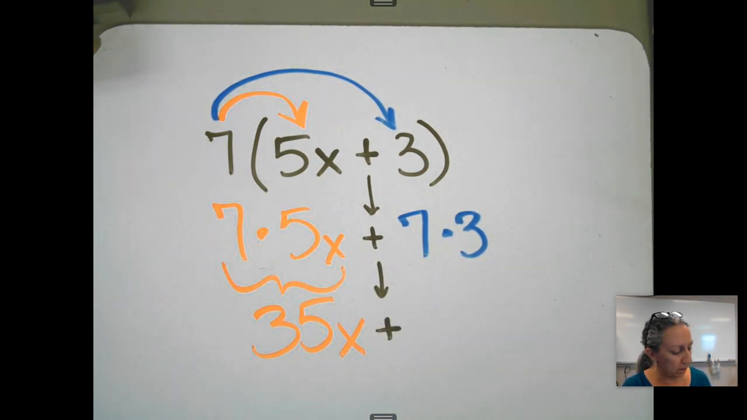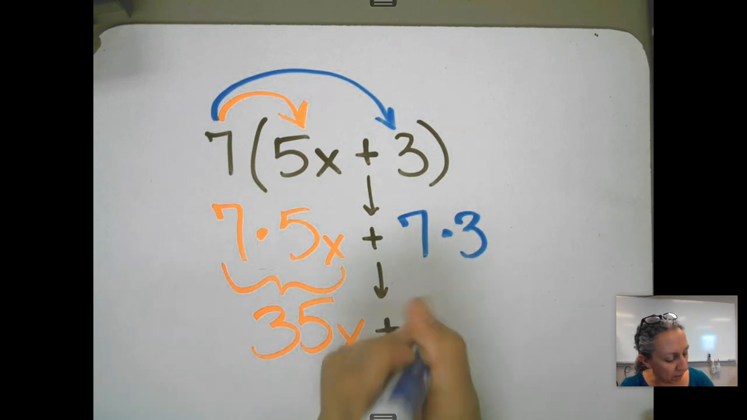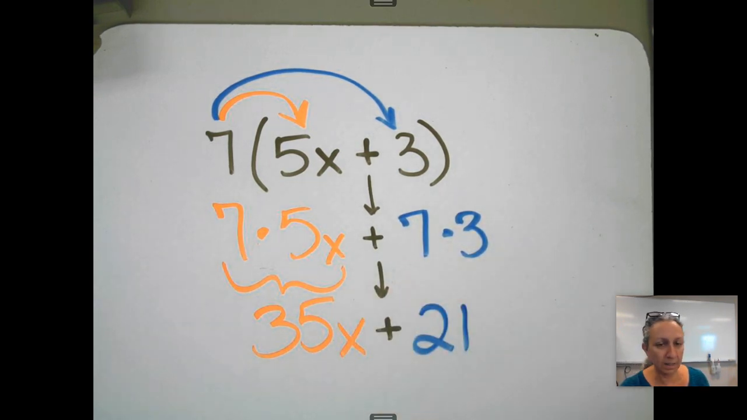And the next one is 7 times 3. Hopefully you know that is 21. That's as simple as that one can get. 35x plus 21. All right, last distribution problem, and then you get to do a practice, is